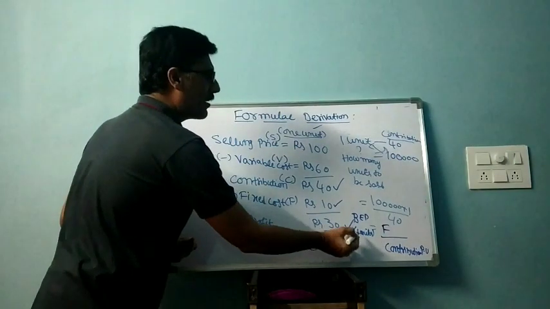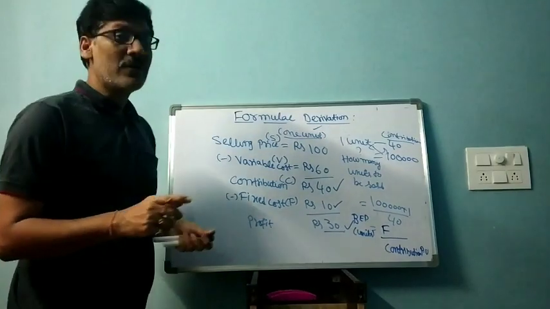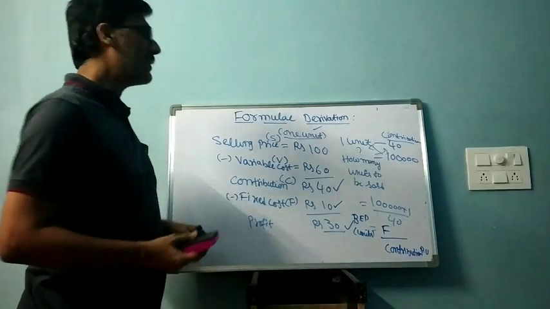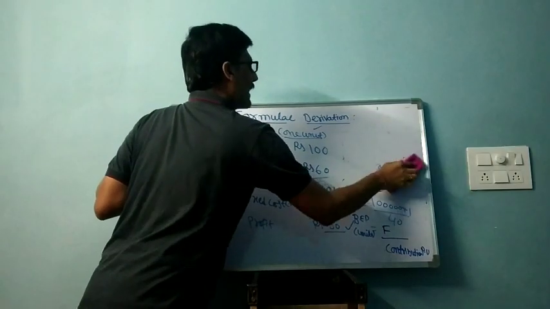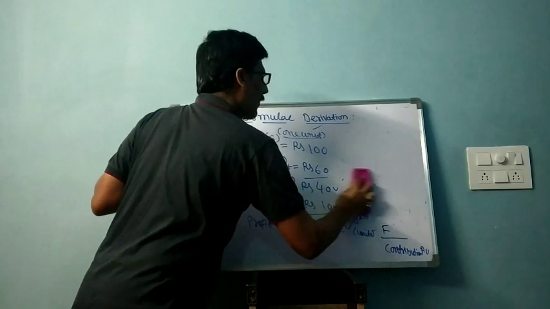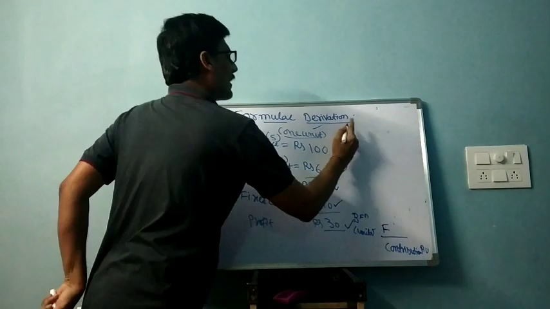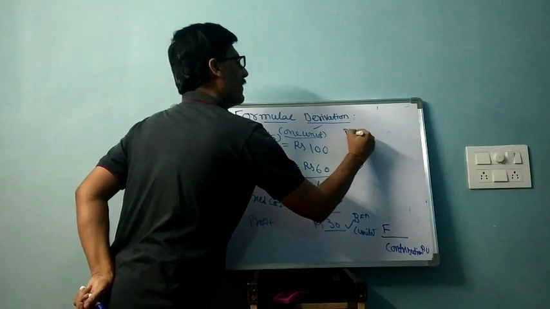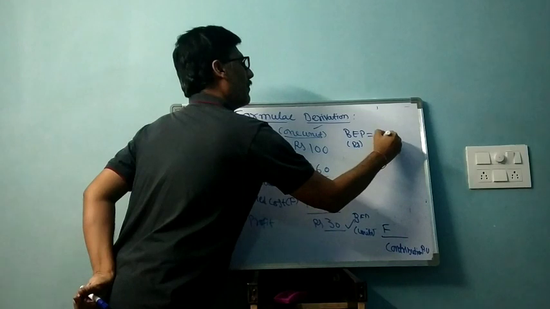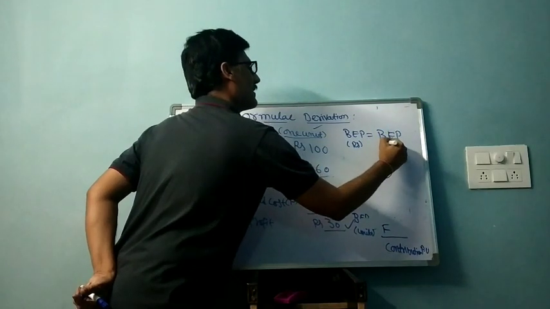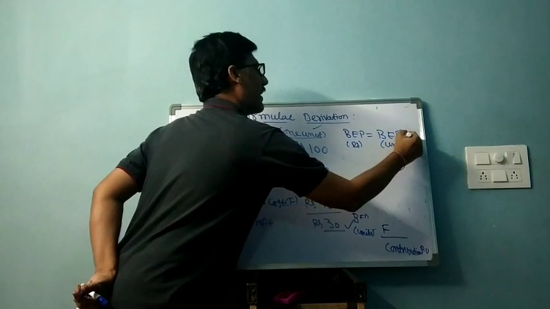What we are getting is in terms of units. We should find out break-even point in terms of rupees also. For that, what should be done? 2 formulas are there for getting break-even point in rupees. Simple formula first I will write down. Anything if I want to get in rupees, what should be done? Break-even point in rupees is nothing but break-even point in units into selling price per unit.